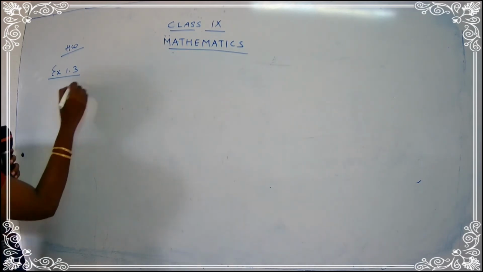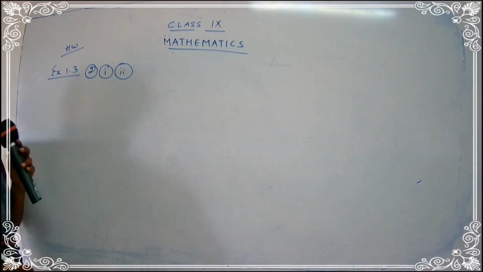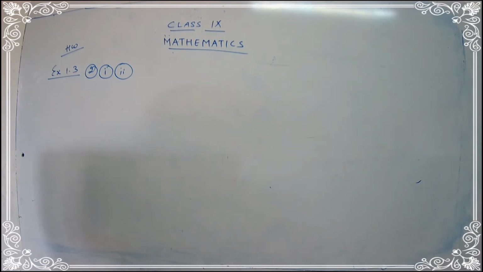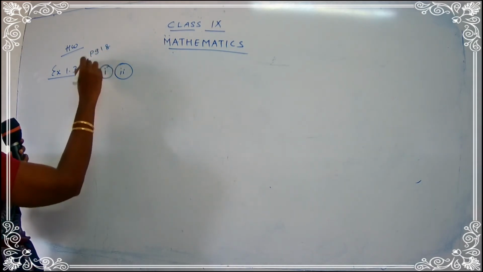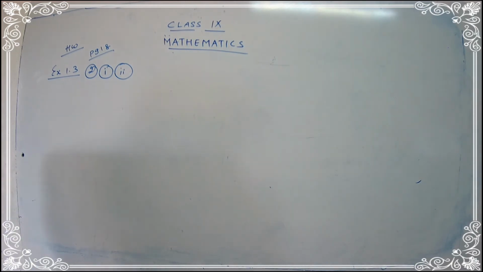Question number 2, the first one and the second one. Exercise 1.3, page number 18. You have to come to page 18. I already explained to you how you are going to find A union B, A intersection B, A minus B and B minus A. I'm just giving you simple sums over here. From question number 2, the first subpart: 2, 6, 10, 14. You have A, you have B. You are going to find only 4 cases. What are you going to find? A union B, A intersection B, and A minus B, B minus A. That you have to find out. And also